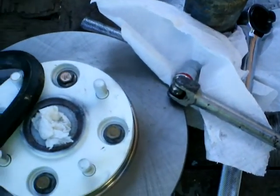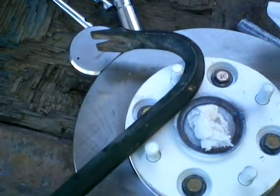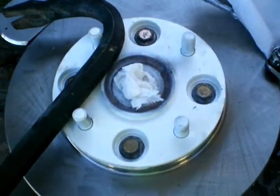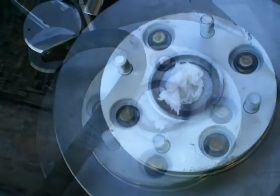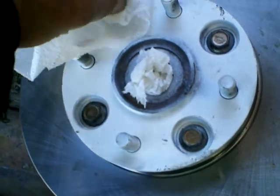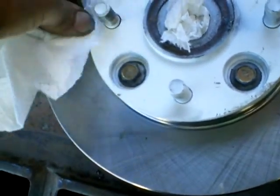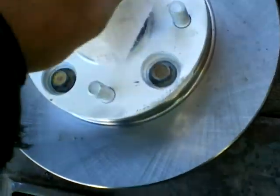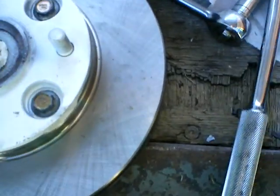I'm using a breaker bar with the thing. But I'm using this here crowbar to catch it so that when I put the pressure on that bolt, it won't. Okay, those are tight, and you can see not a lot of Never Seez leaked out to be wiped off. You don't want to get that Never Seez on your rotor, on the part that does the braking, the shiny part there,